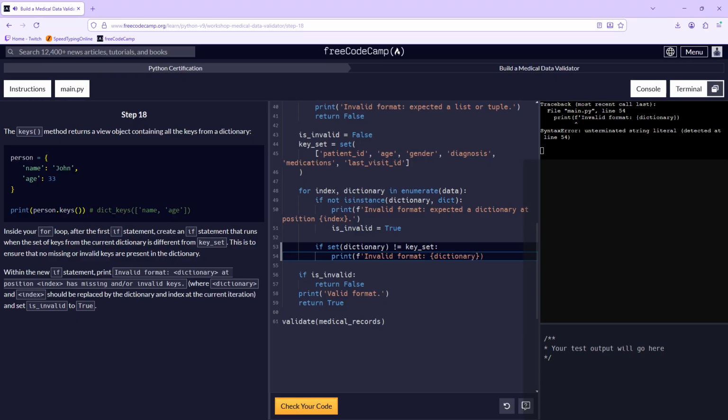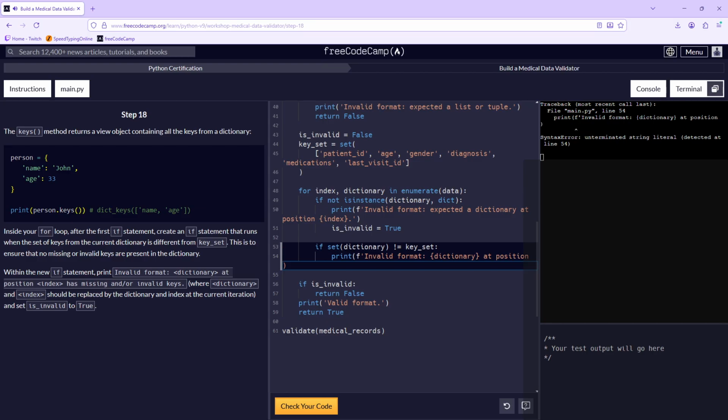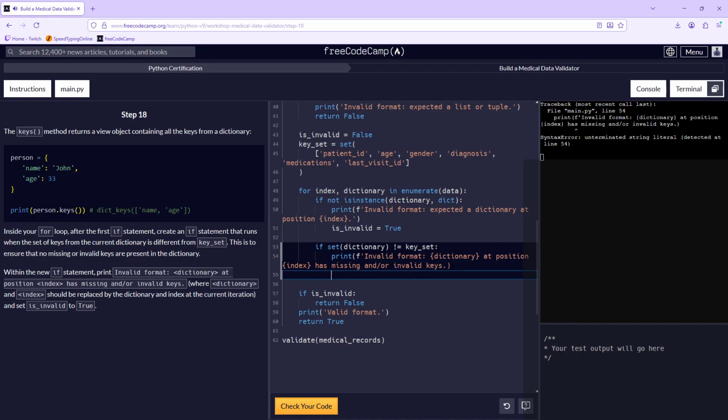Dictionary at position index has missing and/or invalid keys, period. All right, and then set is invalid assignment operator to true.